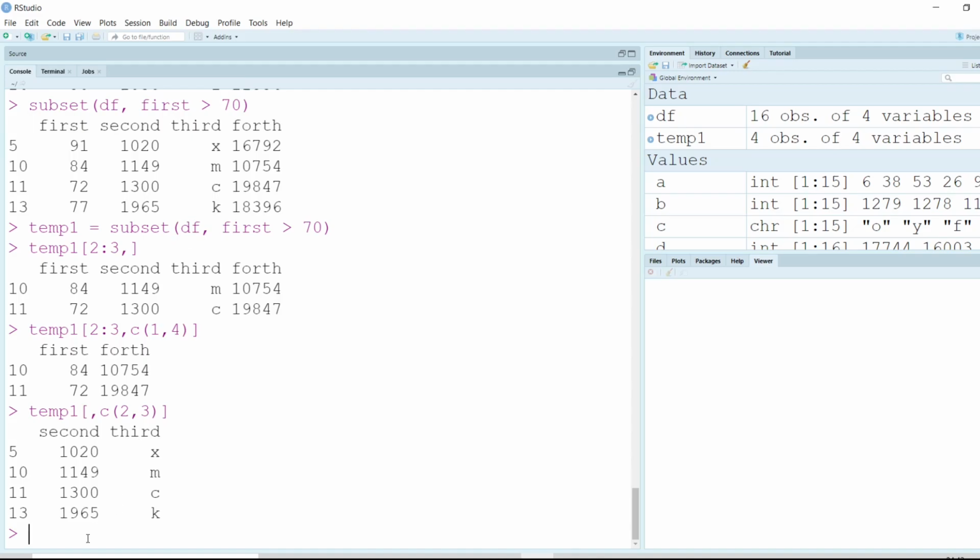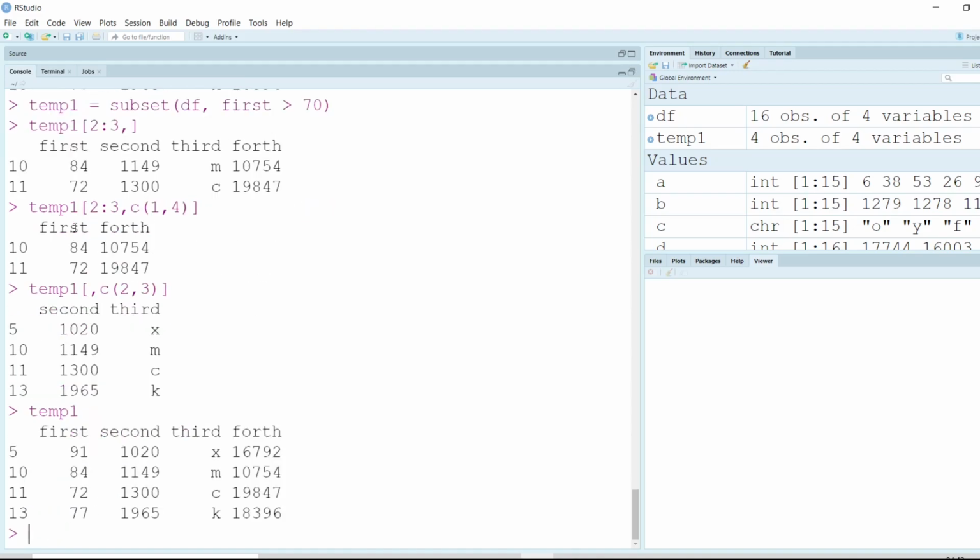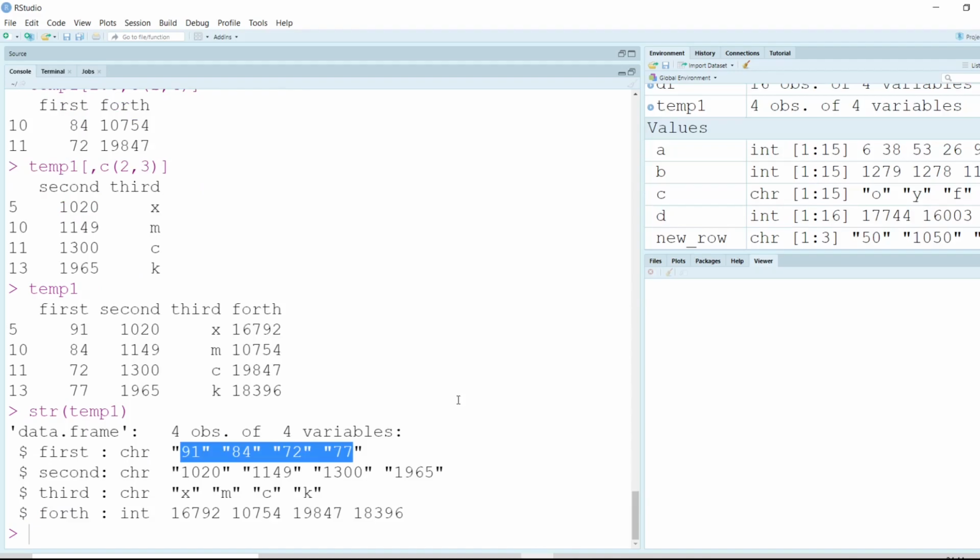Now, if I want to check the structure of this temp variable, what do we have in temp? We have temp1. So we have all these 4 columns and 4 records. Now if I do a str of temp1, d is just an integer. So why is it that everything else got converted to a character?